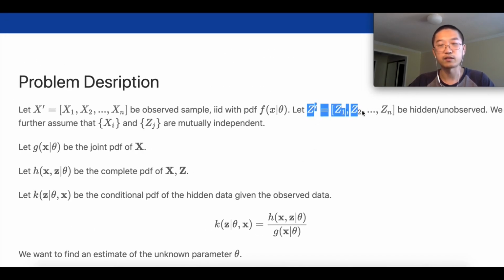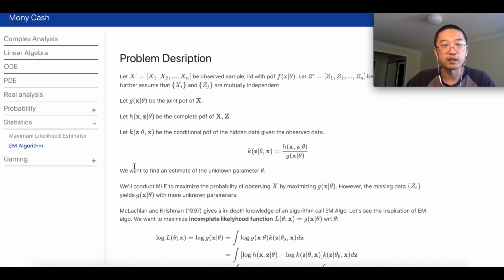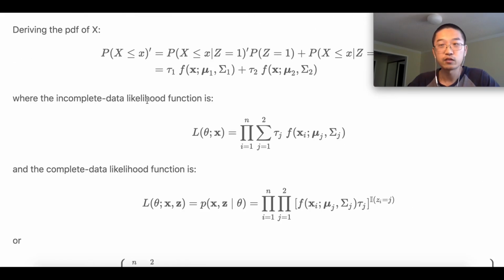So this is z. This is what z means. So now we have known sample, we have hidden sample, and let's define a drawn PDF of x, which is to be g. This is a drawn PDF of x. What does g look like in Gaussian model? Let's look at that. So g is called incomplete likelihood